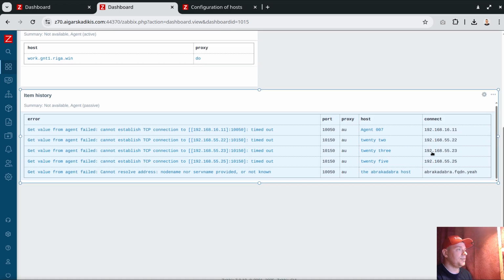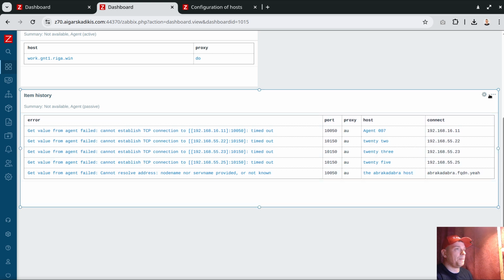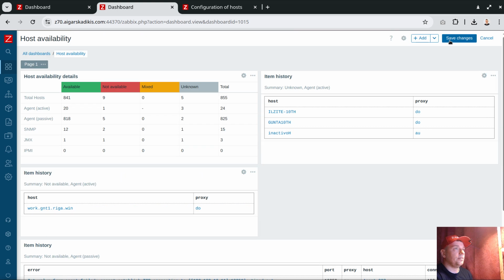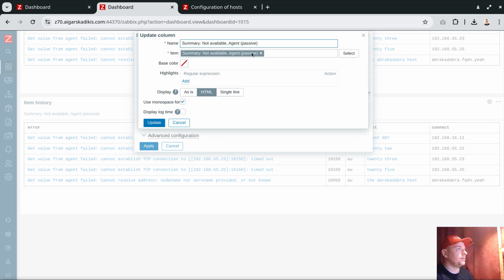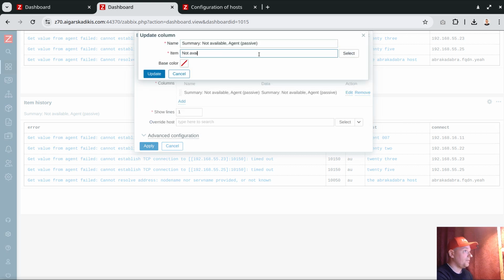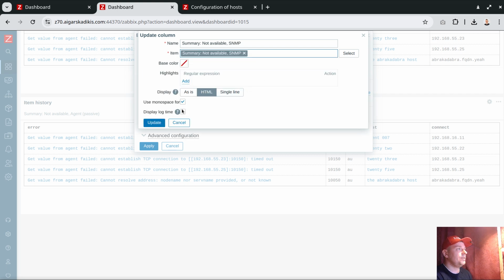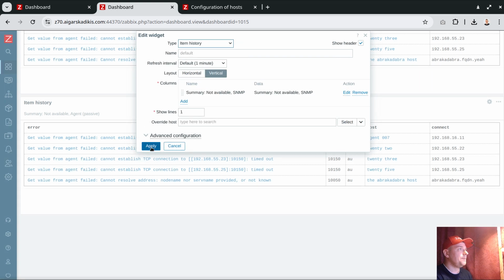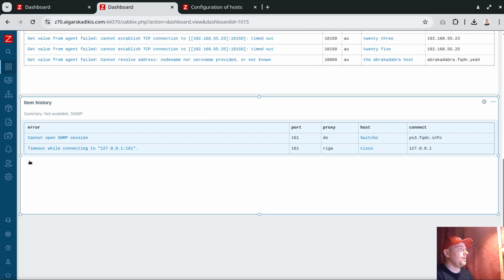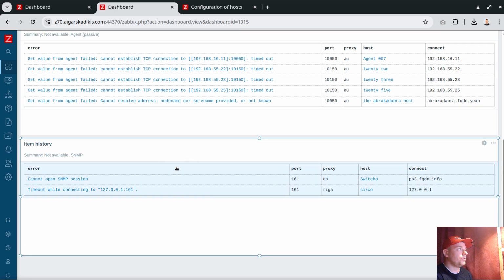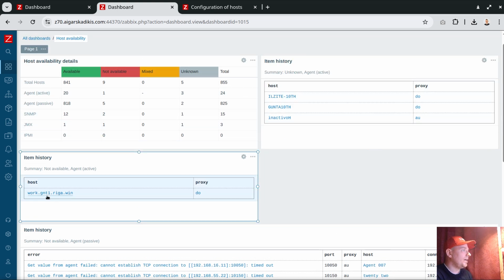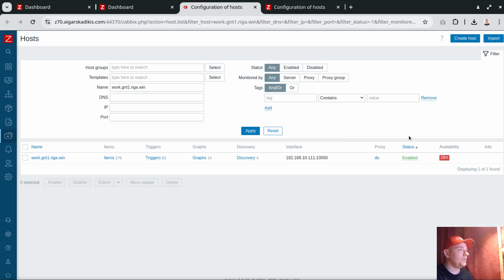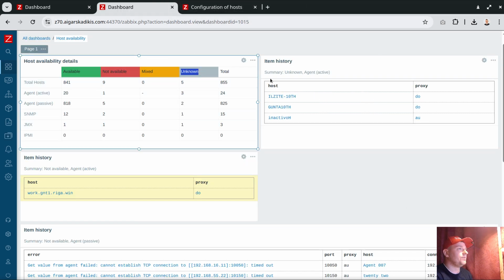And like this. Copy, and edit, paste, and here the last, not available SNMP should be the very important category. Apply, and here you go. Like passive checks for agent, passive checks for network equipment, and not available active checks, which is super important, with the red icon. This is using only active checks, and if we want the unknown, then just follow the lead